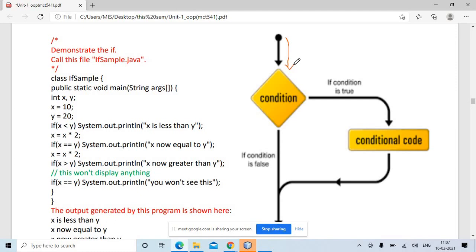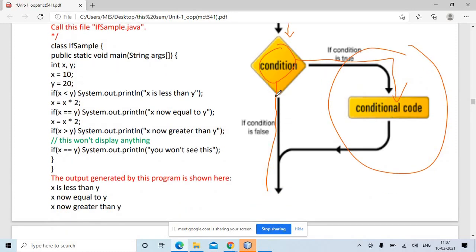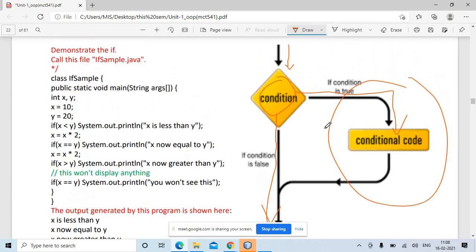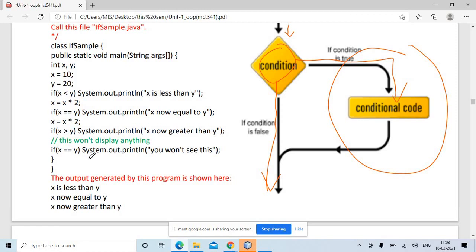From the diagram itself, it is very clear that this is the flow of the code, this is your code flow, then there is a certain condition. Now if that condition is true, you will execute this code. If that condition is false, you will skip this code and take this path further. So this is how the if else condition works. Okay, let us simply try to understand it with the help of a simple program.